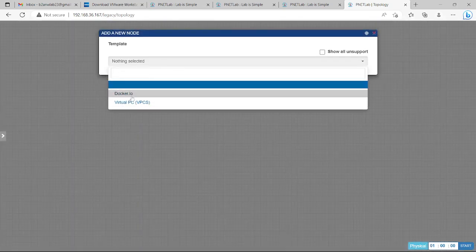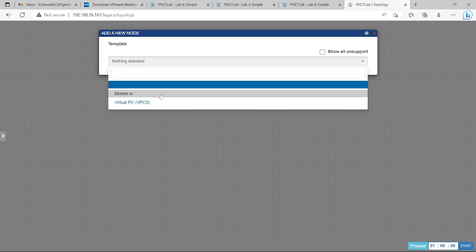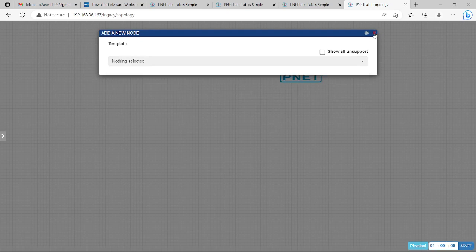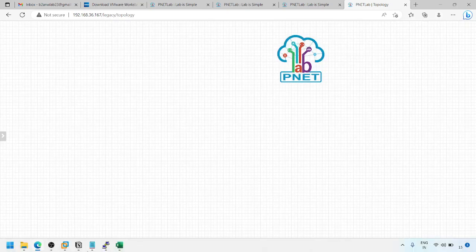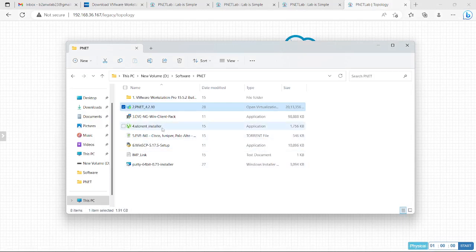So yeah, if you see, there are only two nodes available. So we have to install a few images, like IOS images and Windows and all. Whatever is required, we have to install here. So how to install? For installation, we first have to install the torrent installer, because we have